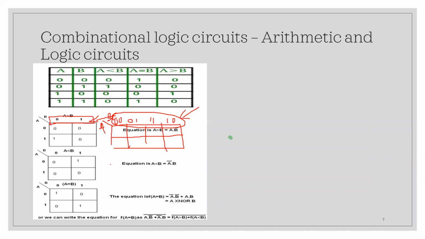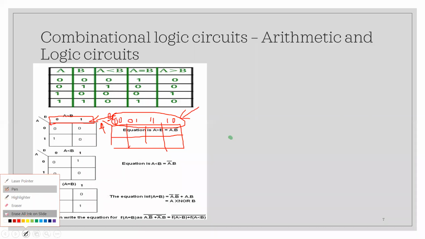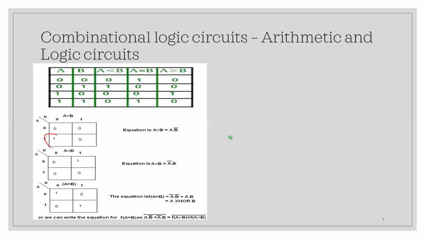Wherein you try to identify a few of the parameters, like what is the minimal expression, maximal expression. Those things you try to obtain. In this case, since only two inputs are there, the expression is very simple. The table is very simple. Only this is the high value, so it turns out to be A into B bar, that is A and B bar. Here, if you just check, it is A bar and B. Now, what happens here? You have this and this.